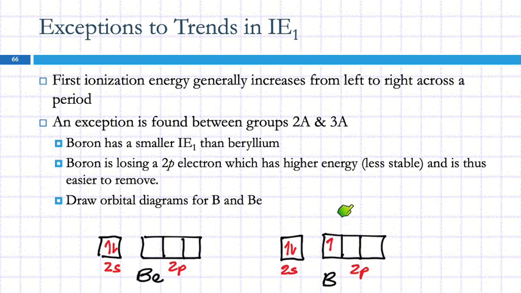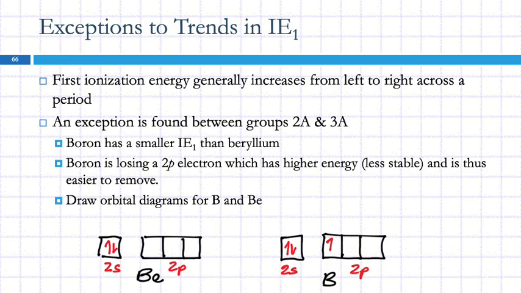The first ionization energy for boron is removing a 2p electron. This room here costs more in the hotel. This sublevel is higher in energy, it is less stable. And so it's easier to take this one away than the 2s, and that's the reason why there's this zigzag